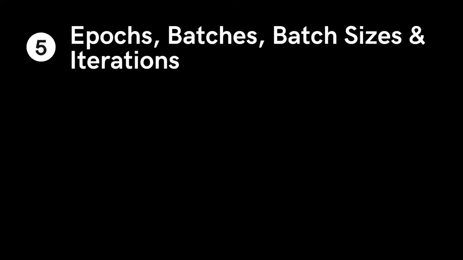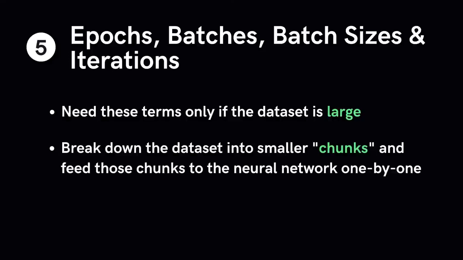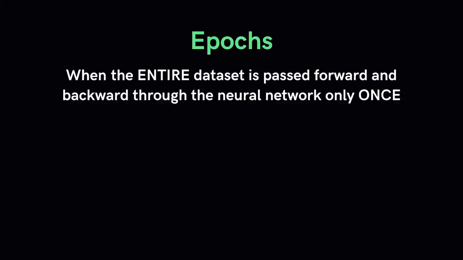We need terminologies like epochs, batch size, and iterations only when the data is too big, which happens all the time in machine learning, and when we can't pass all this data to the computer at once. So to overcome this problem, we need to divide the dataset into smaller chunks, give it to our computer one by one, and update the weights of the neural network at the end of every step to fit it into the data given. One epoch is when an entire dataset is passed forward and backward through the network once.